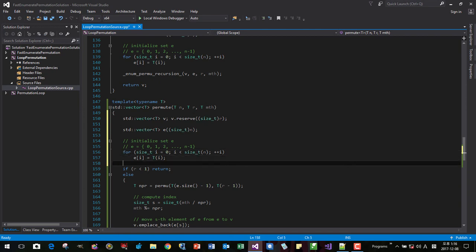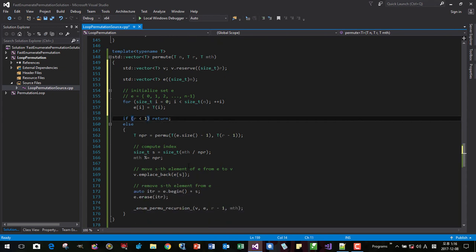Now here I need two more things: or N less than 1, or R greater than N. We cannot actually calculate in such a case. Then we return. We cannot just return, we have to return an empty set. We can return just B. Okay,